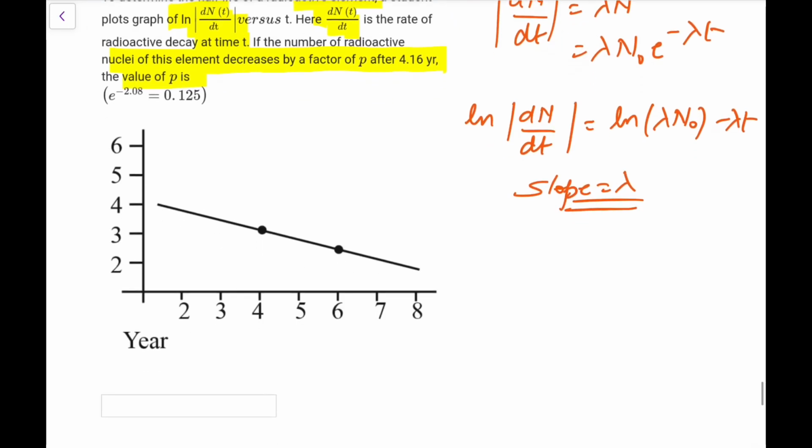So the slope, if I am right, is this change. This is 1, this is 2, so the slope lambda is 1 by 2 per year. I can make it out, 1 by 2 per year. Now